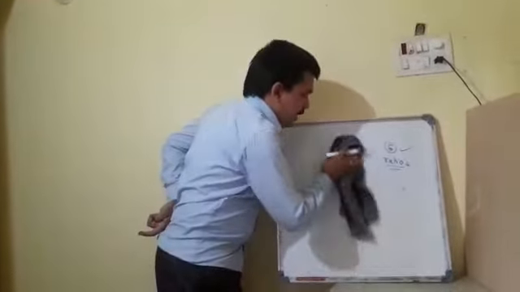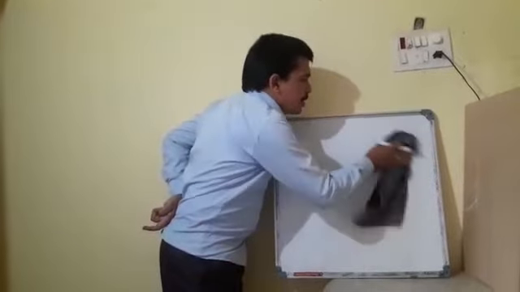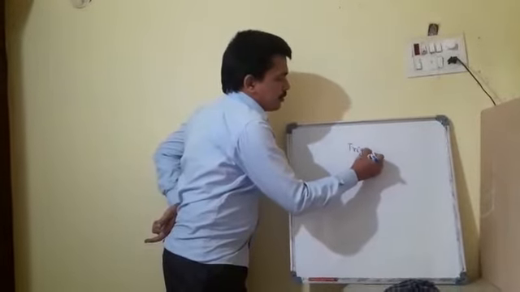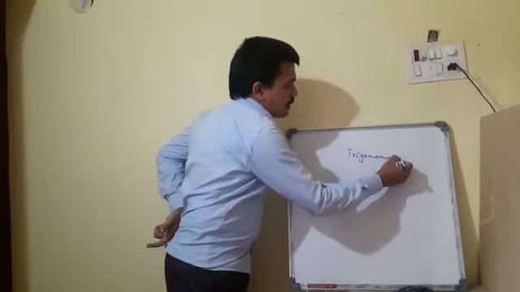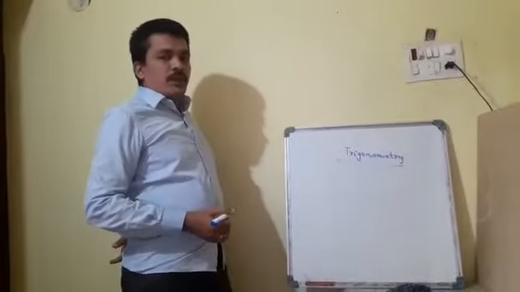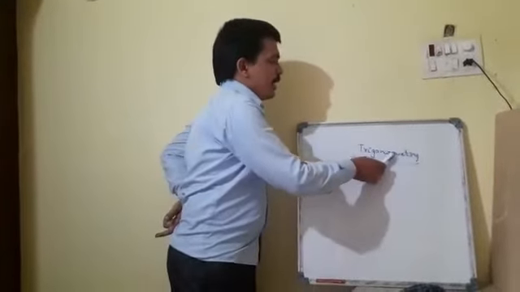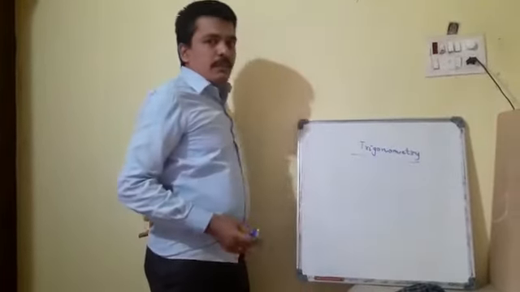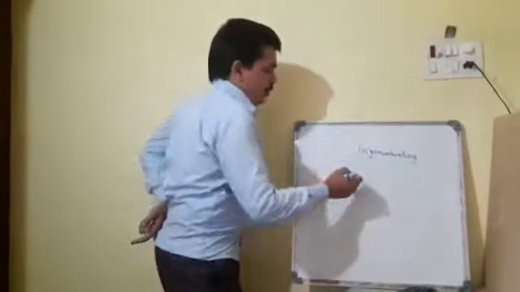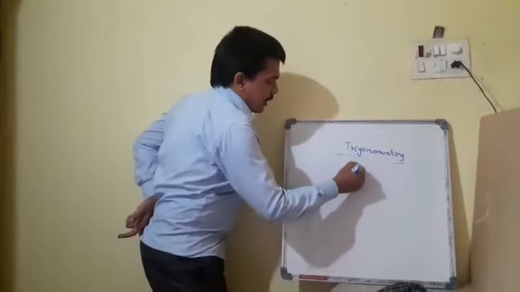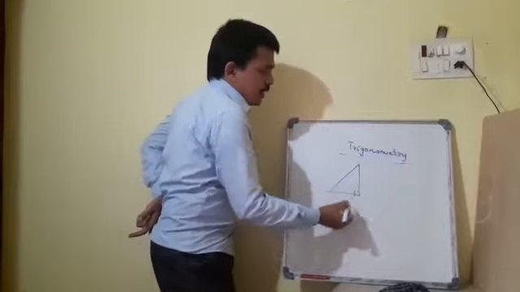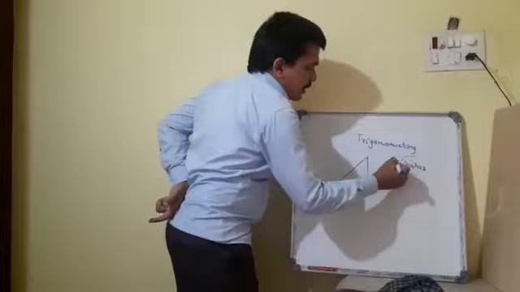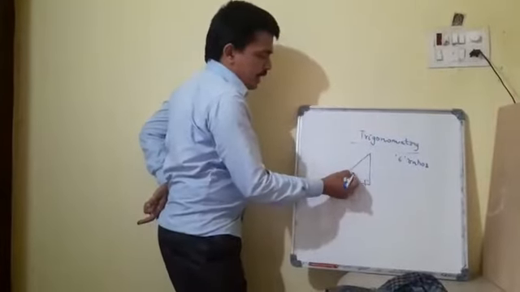By that research, they gave birth to one chapter, and that chapter is nothing but trigonometry. That is the chapter we will discuss now: trigonometry. Tri means three sides, metry means measurement. So they discussed trigonometry. They took one right angle triangle. I told you how many ratios are possible? 6 ratios are possible because there are only 3 sides. Already I told you we don't know the angle, so we will take it as theta.